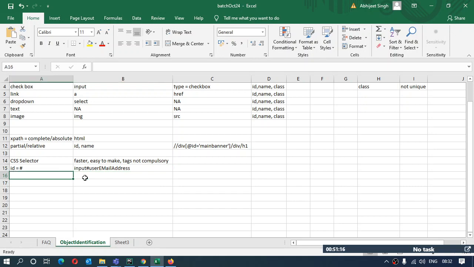Now for class there is something different. I'll show you actually, but it will be more convenient. The symbol for it is dot. Right.